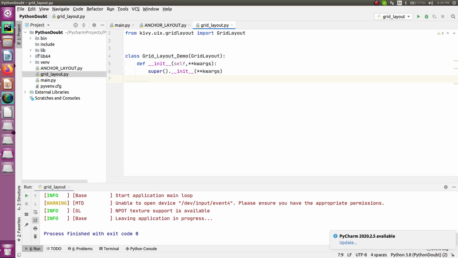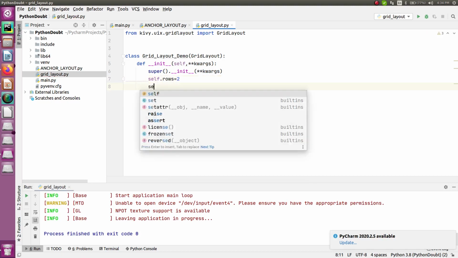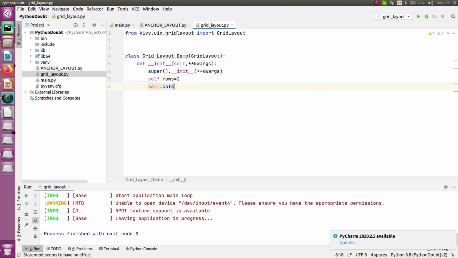Now after that, it's time to first specify how many rows and how many columns you want for your application. In our case, we only have two different widgets, so we can set, let's say, two columns and one row, or two rows and one column. This is how we can set the values. In our case, let's add the number of rows as 2 and the number of columns as 1.